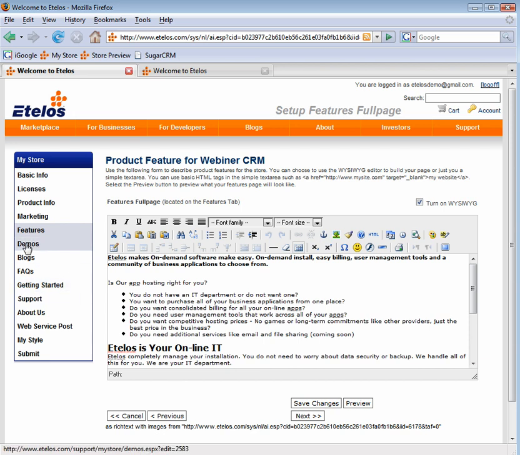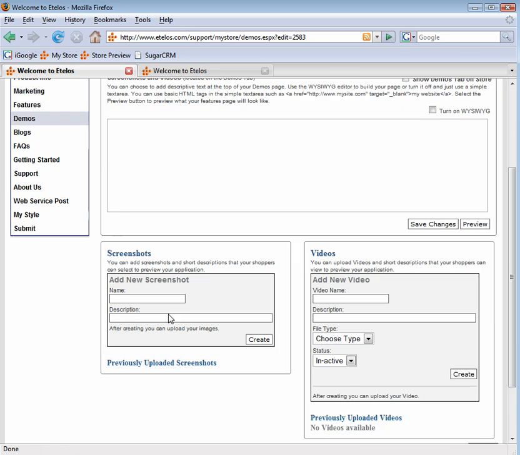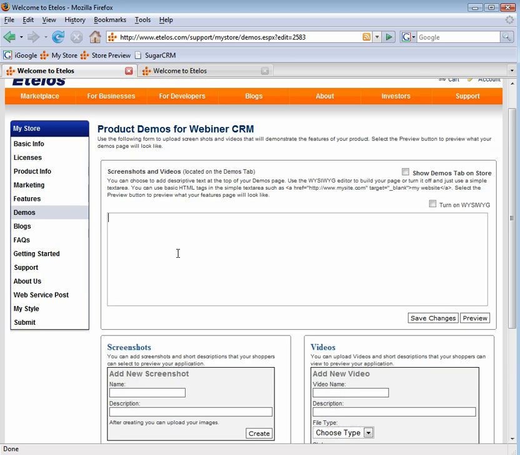I'm going to click on a couple more real quickly. The demos pages, very cool. This is where you can upload your screenshots or your videos, whether it's a flash or a movie type, and your screenshots, as well as you can add additional HTML to talk about demos and how your